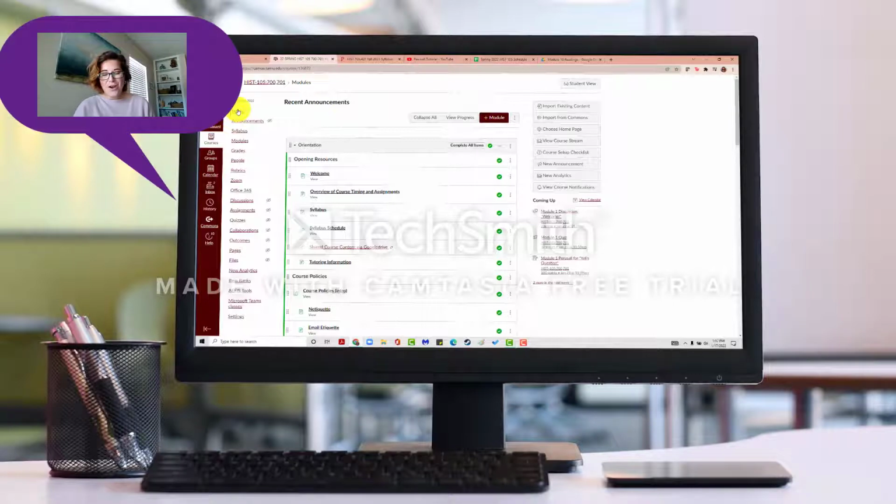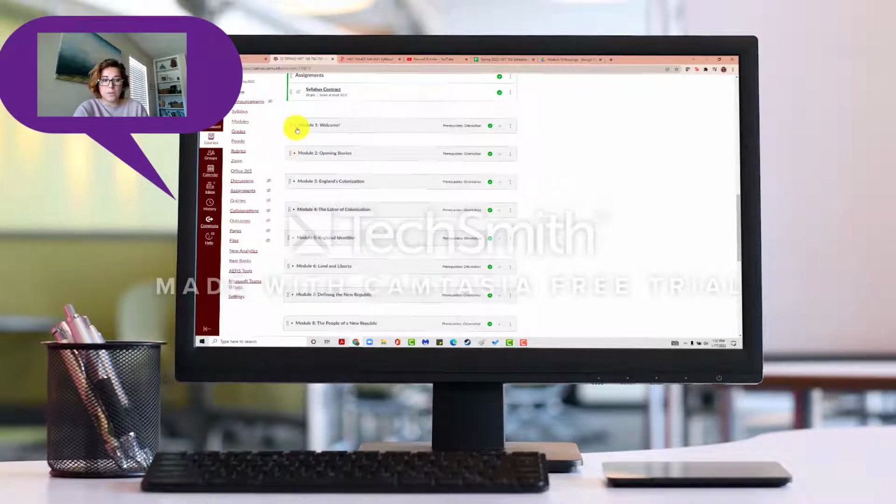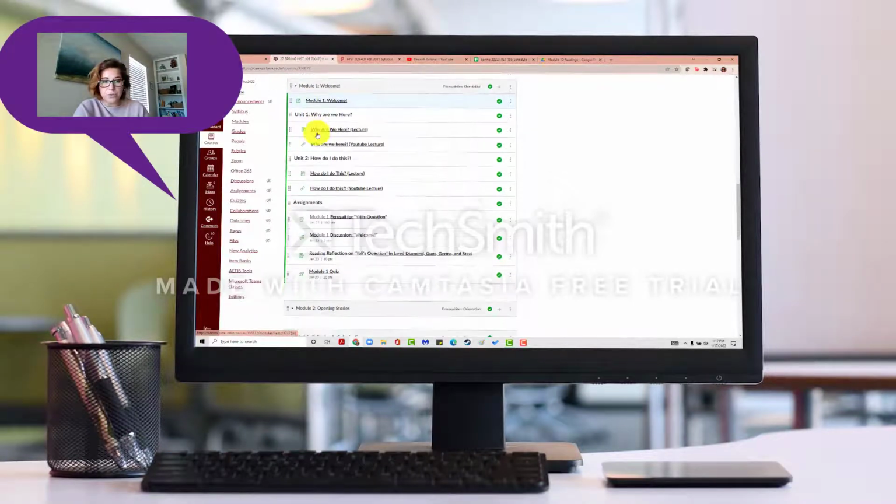Basic stuff like that. You need to go through the orientation module and view everything in it before you can take that quiz. And you need to get a 10 out of 10 on that quiz before you go to the first module. All your modules will look like this. You will have a welcome page to the module, and then in each module you will have a lecture and a YouTube lecture, because I have recorded YouTube lectures for everything. That lecture